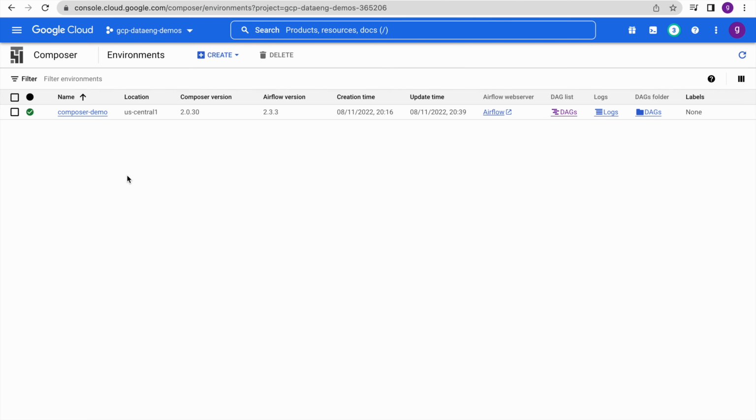Composer environment has been created, right? So just try to observe these sections, where you can see there are three important sections, right? One is this Airflow web server, from where you are going to monitor your DAGs which have been deployed, and